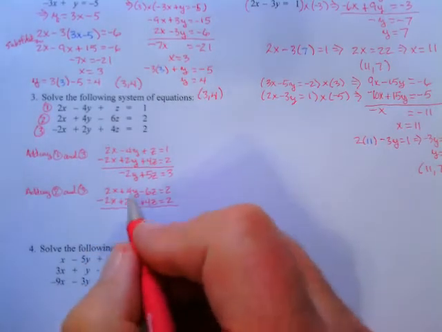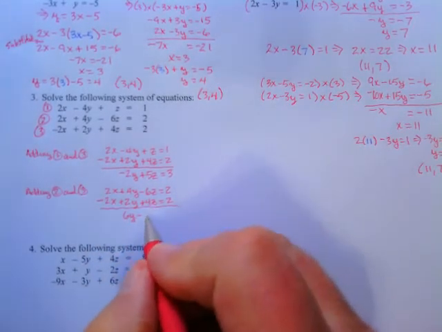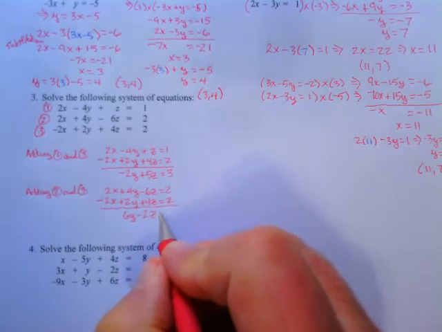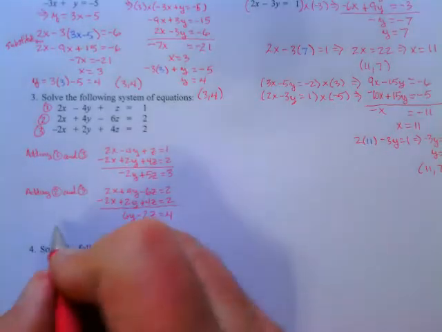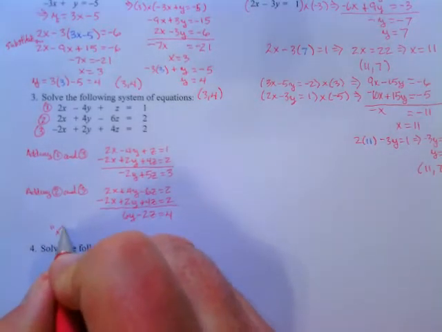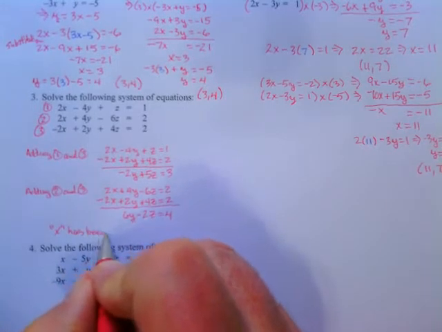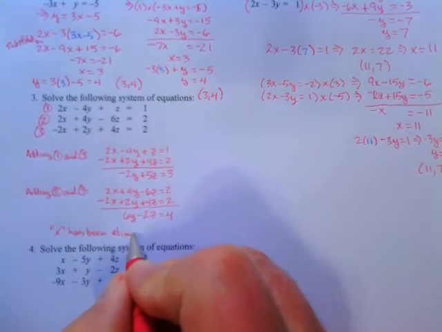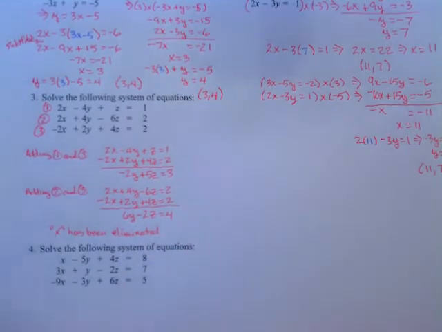Again, the x's are gone. Now I have 6y subtract 2z equals 4. So the x has been eliminated. Alright, so